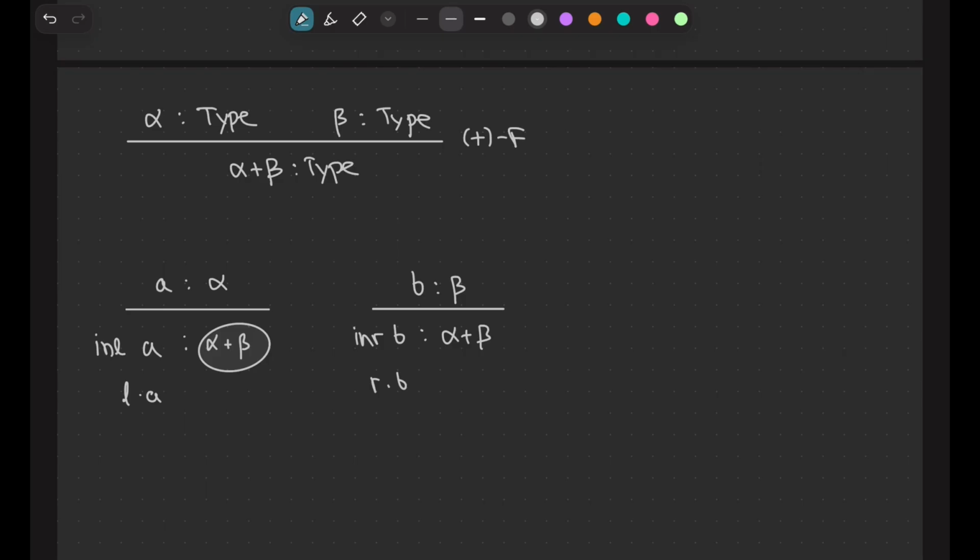This information is never lost because, when you see something, you know it's from A or from B. They are disjoint, so if you see something that belongs to A, you know it came from the left-hand side. But if they have an intersection, this information is lost. Even worse, if it's the same set, it doesn't really make sense in set theory to unite A with A. Here it does, because you have the left A's and the right A's.